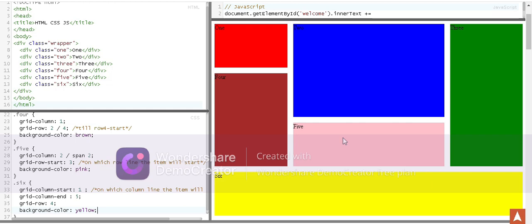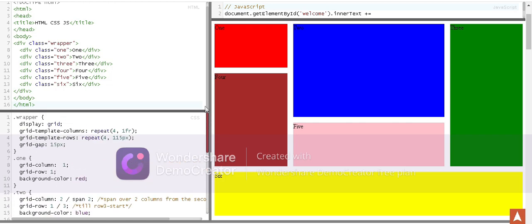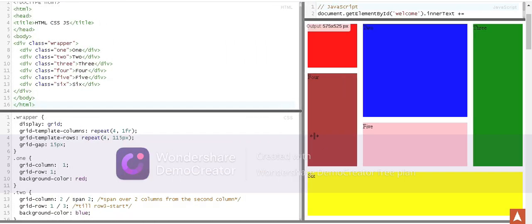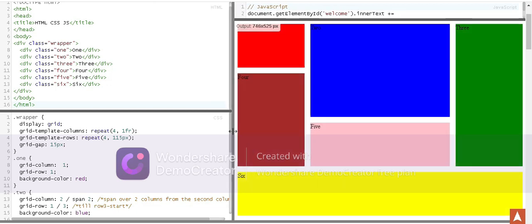Then you have the ability to use the fr units. For grid-template-columns, I can use repeat 4 times and make it 1fr. So equally, if I am increasing the size, you can see how responsive it is. It is automatically setting the width, without breaking anything. And similarly, I can mention the individual column widths, 100 pixels, the second column 200 pixels, whatever the given requirement is. You can make the size according to that. Similarly goes for rows, and you can also put the size in percentage.